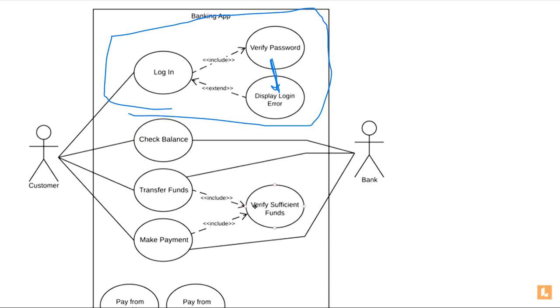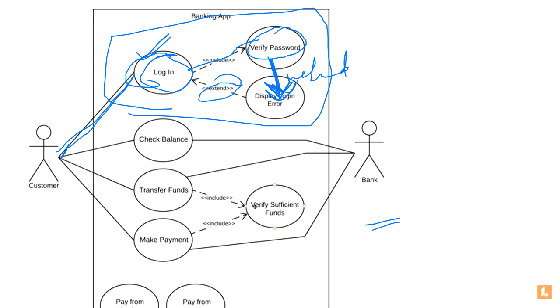This is nothing, just a diagram you are making. You can do whatever you want. But you have to keep in mind, if no extra information is coming from showing relationships between these, then why unnecessarily complicate the system? Because if you show a relationship between these two, then when the login user interacts with only the login use case, only this use case will be called first. So whenever the user calls login, you will include verify password, and suppose here you give an include again, so you will include display login error also. But this extend is also doing the same function. If you want to show it this way, then remove this extend. Right?